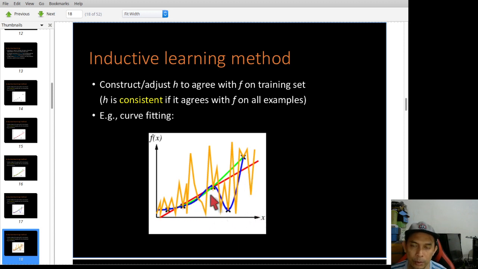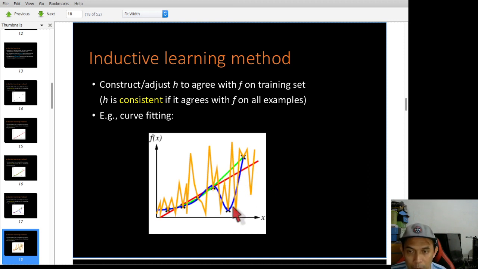Of course, the blue one looks more natural. The orange one looks really weird, but it is still possible. And then from these four, you can say that the orange is a better representation compared to the red and the green line.